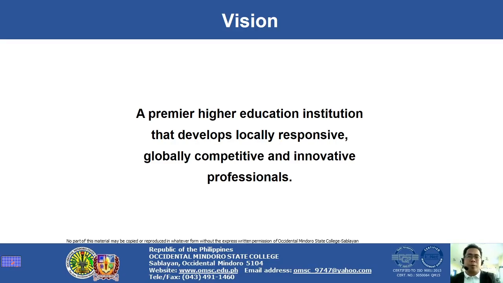Though sa panahon ngayon, medyo okay na din naman. Hindi naman siguro bad doon sa mga students na graduates ng OMSC kasi they are very competitive. So nakikipagbunuan sila doon sa mga magagaling na state universities and colleges all over the Philippines. So marami na rin tayong products na nasa industry ngayon. Especially in this era, medyo in demand na yung IT specialist, IT expert, yung mga courses na may kaugnayan doon sa information technology.